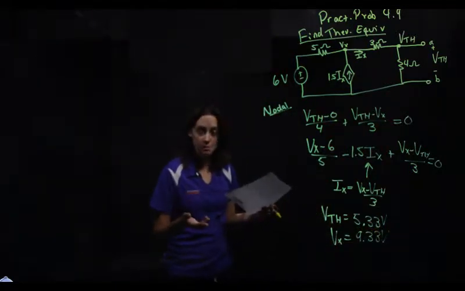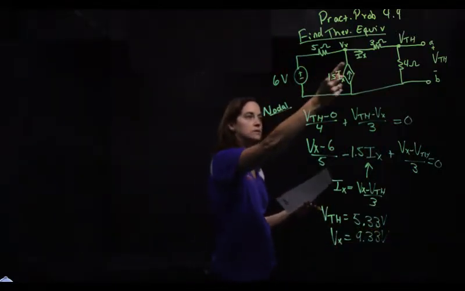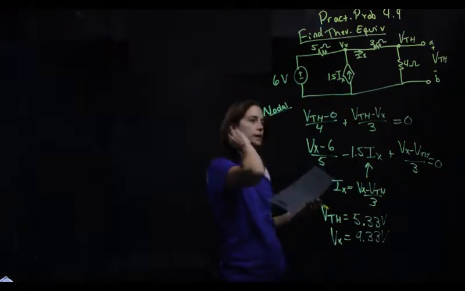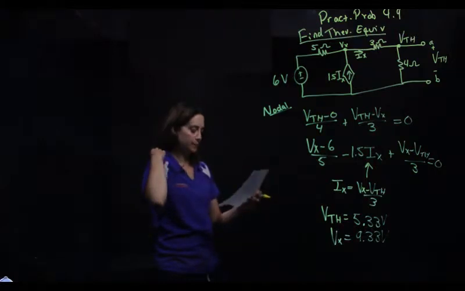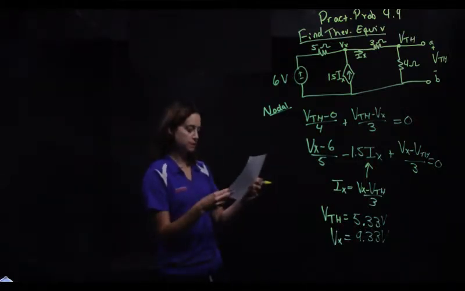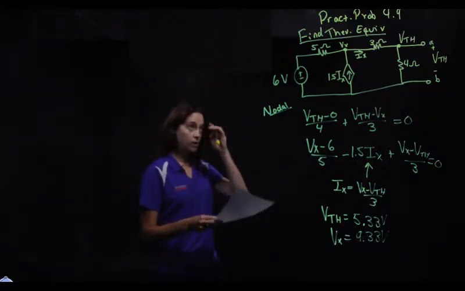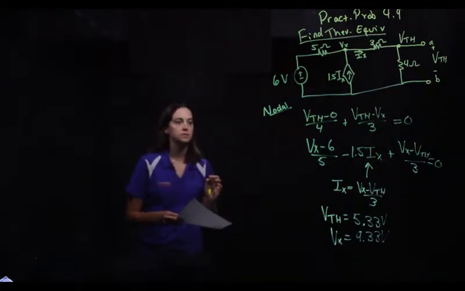Now you could have done this with a mesh if you wanted to. You'd get a super mesh here, but you'd still have 2 equations and 2 unknowns. So either way, whatever works, you'll get the same answer. But now we need to find R Thevenin. Okay, so to find R Thevenin,